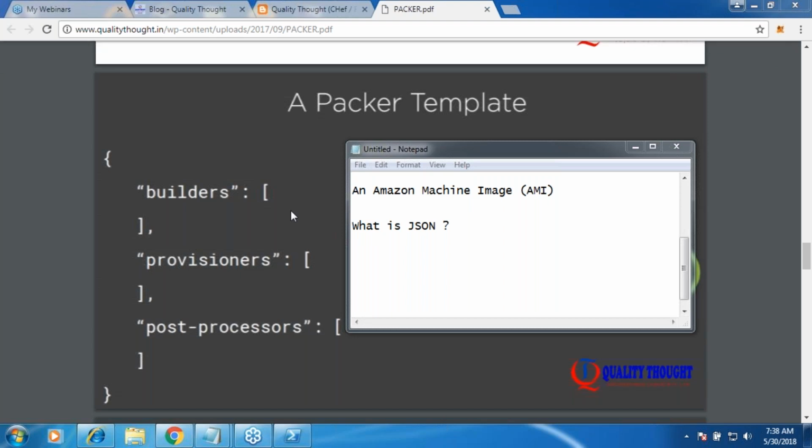What is the difference between Vagrant and Packer? Both are creating machines. Is Packer creating a machine, by the way? Packer is used to create a machine image, right? Not a machine. The two are very different. So they're different.